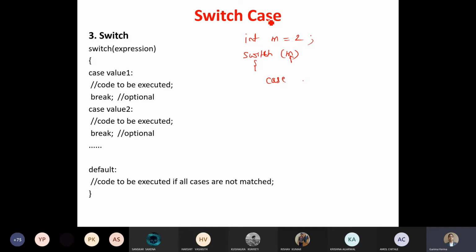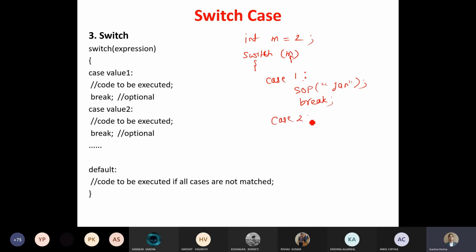Okay, so I made case 1 here and say system.out.println, I printed January over here, and then I applied a break statement. Break means come out from this switch, the whole switch, because at a time I wish to handle only one value of n. If it is going to 1, then it should not go to 2, 3, 4 and so on. So you have to apply the break statement over here.